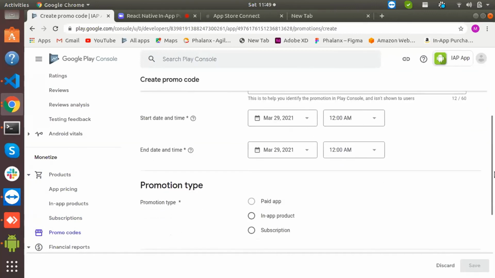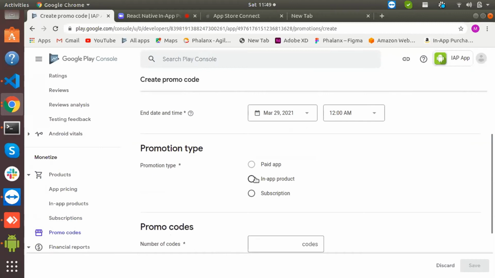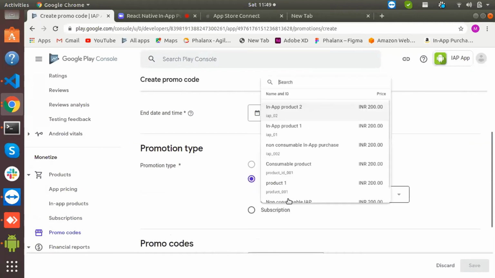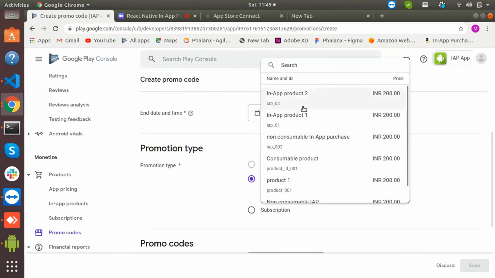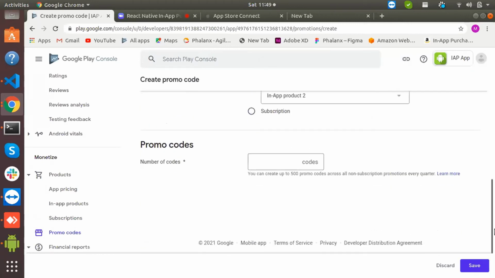Then the promotion type, whether we need to add this for in-app purchase or for subscription, and we need to choose the product for which we need a promo code. We can set this from here, and we need to give how many promo codes we should provide to users. So here we will give 50 promo codes.